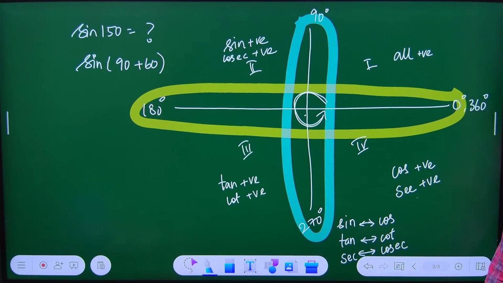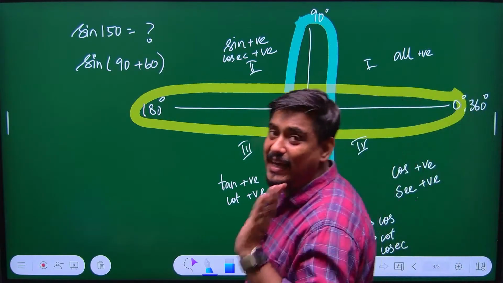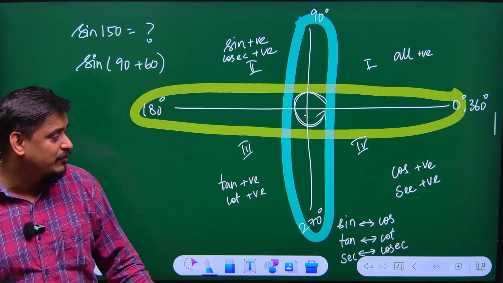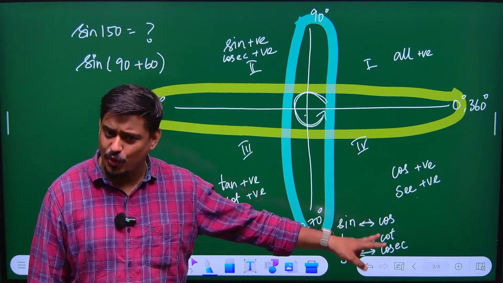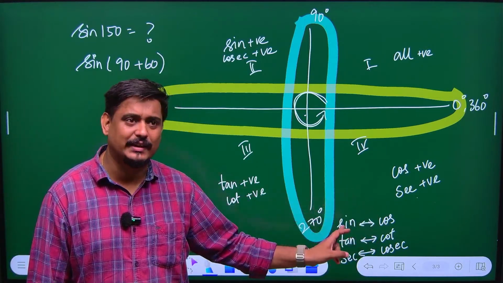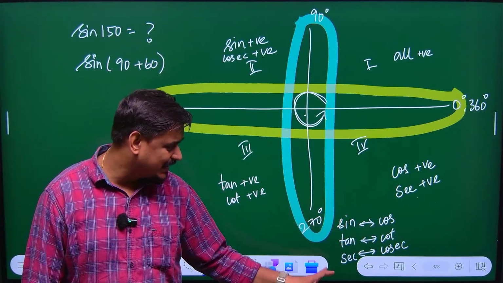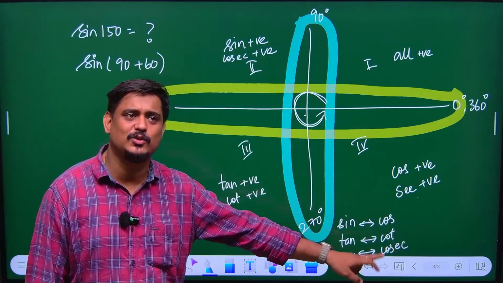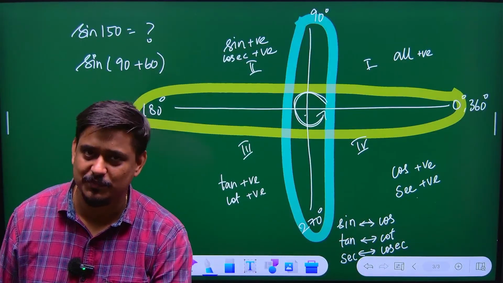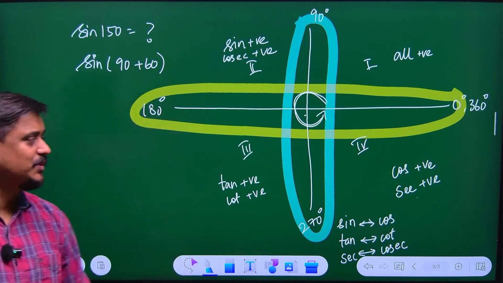I know you are not understanding now, but within 10 minutes things will become clear to you. So this 90 to 270 line has the power of changing what? Sine to cos, cos to sine, tan to cot, cot to tan, sec to cosec, cosec to sec. Okay. Now,